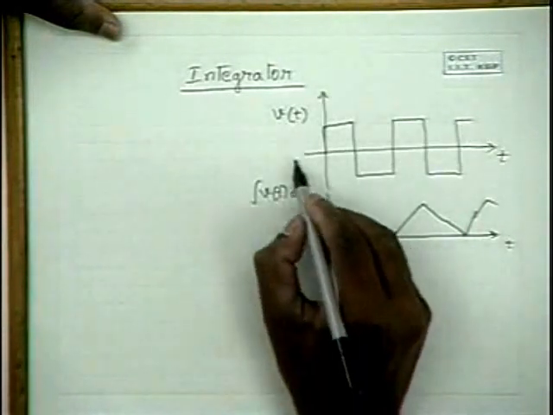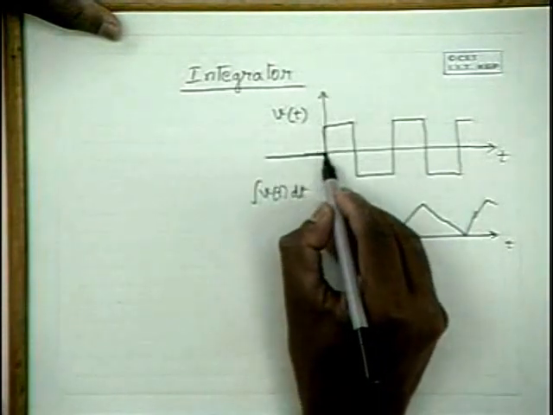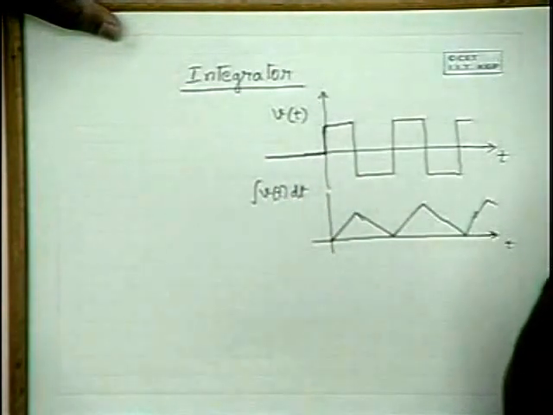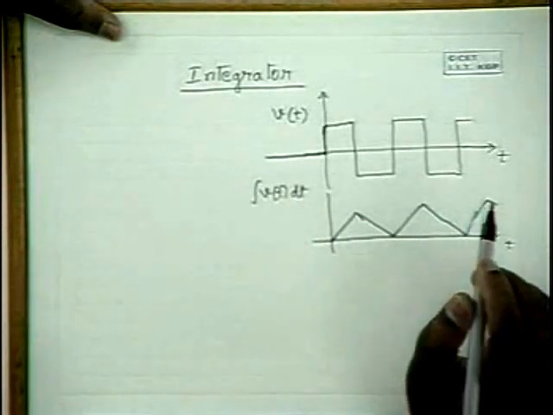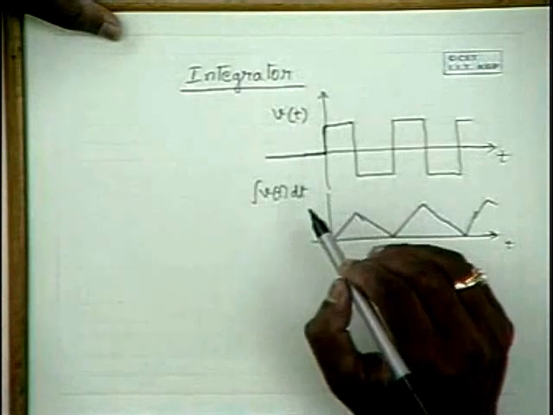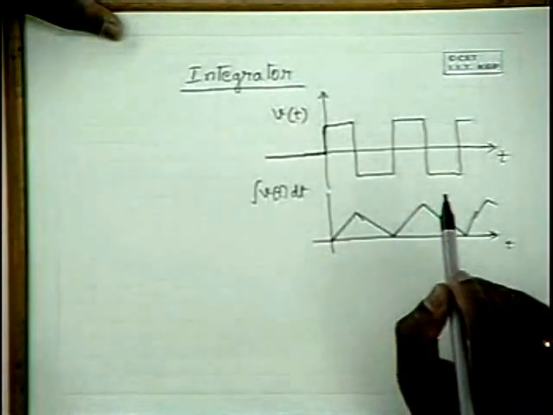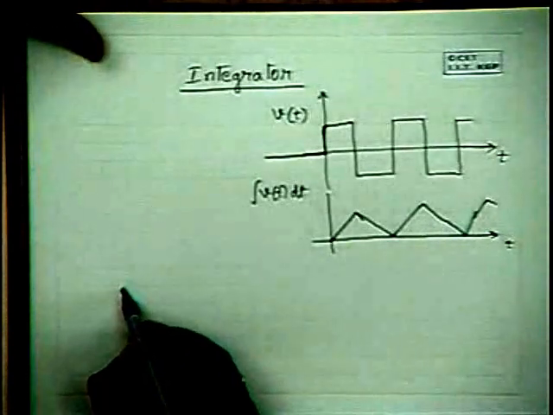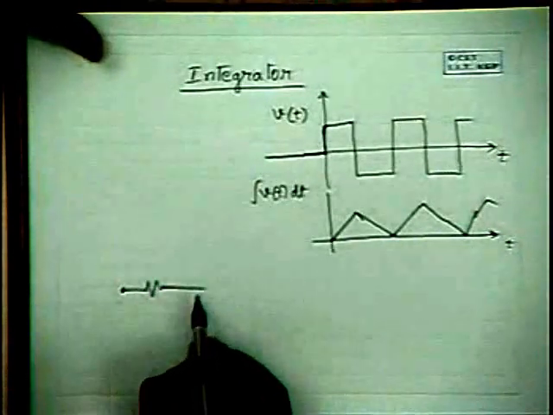Integration starts from 0, assuming that prior to that the input is 0. So this is the integration of this waveform. What I mean by integration is that the integrator integrates the input waveform and gives the integrated version as the output. And a circuit which can do this function